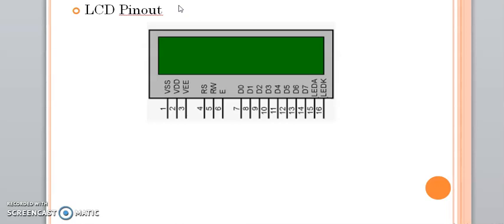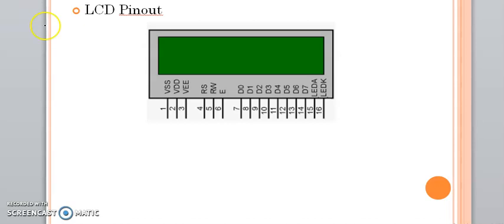As we have seen, the LCD forms a very important part of almost every display kind of project. As I told you, it displays plain text with alphanumeric characters, numbers, and the like. So now let us discuss these pins one by one, so that later we can interface this with Arduino and display a message using this LCD. So let us go one by one through this pin configuration.